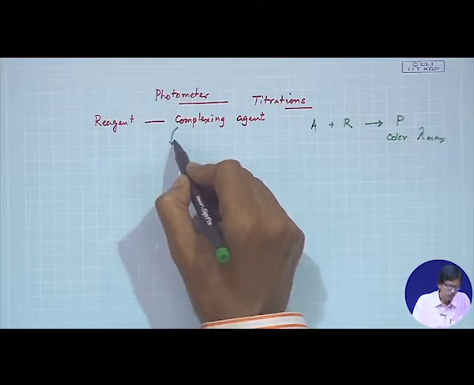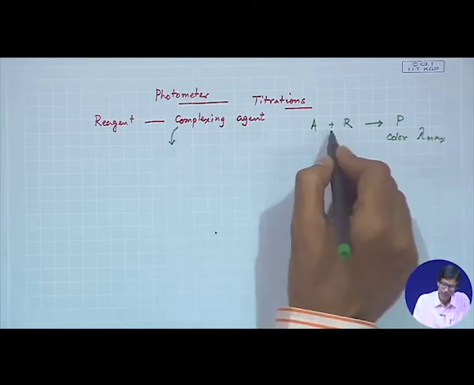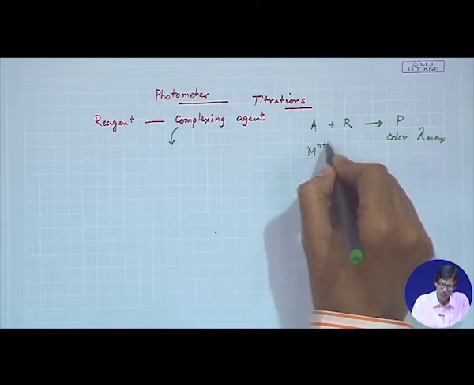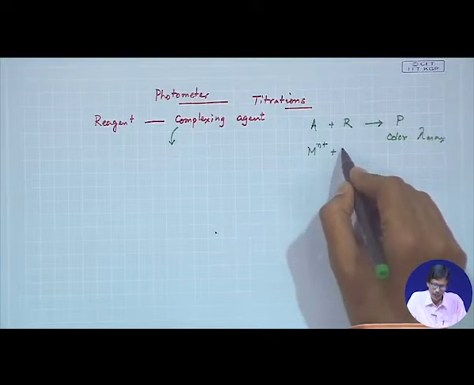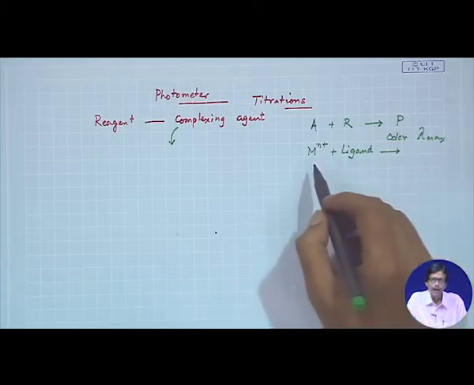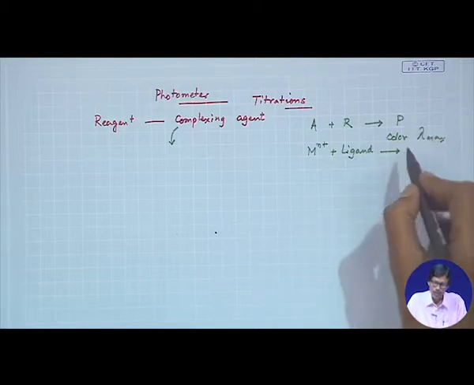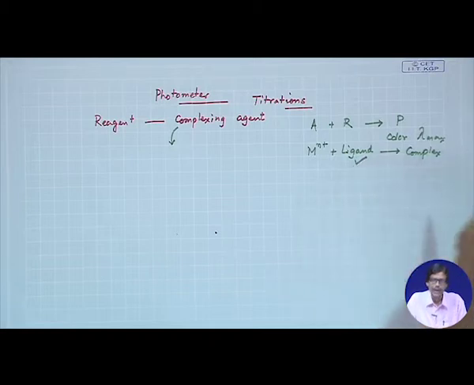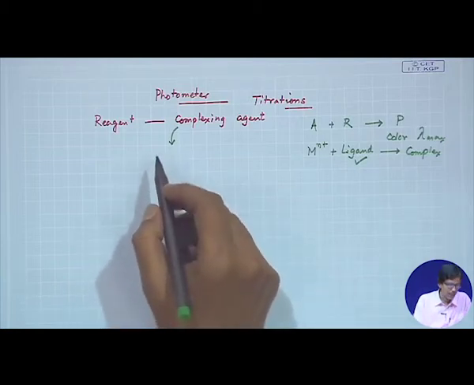Now, when we talk about the complexing agent, definitely it is a complexation reaction we are trying to study. So, A will be your analyte, which several times I already told you can be the metal ion, and this can be your ligand. As we all know, the metal ion, when it reacts with the ligand anion or the neutral ligand, gives you the corresponding complex. So, we call this ligand a complexing agent, and that complexing agent, as we discussed earlier also,